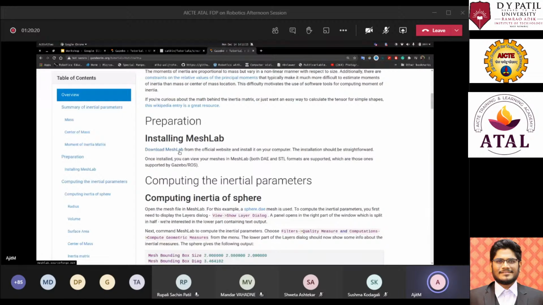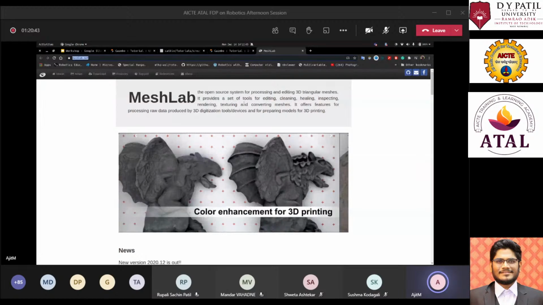I'll be sharing this in the chat so everyone can see it. This MeshLab software packs many algorithms to process 3D data. Now this 3D data can be of anything. It could be point clouds, it can be meshes. And if you have point clouds, you can convert those point clouds into meshes for computing different volumes of it, and the moment of inertia of it. Here you can see someone has created a point cloud and it is filling up holes using the algorithms